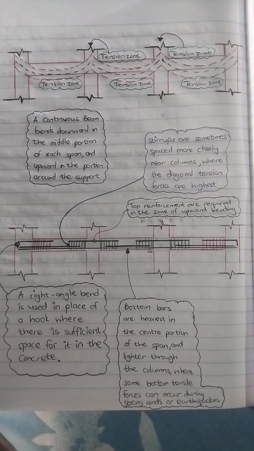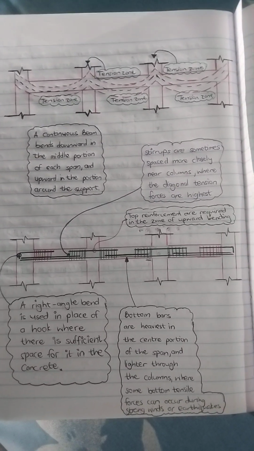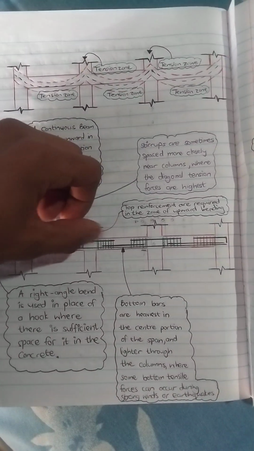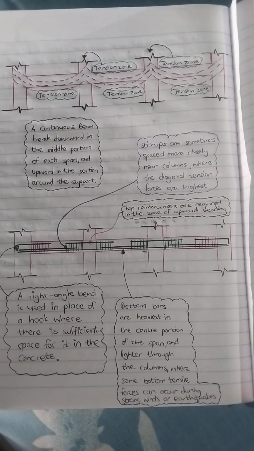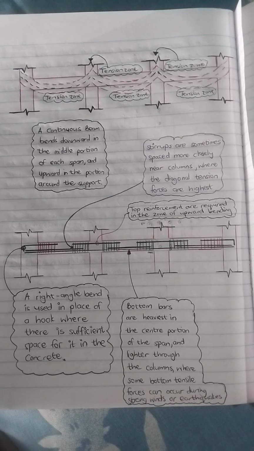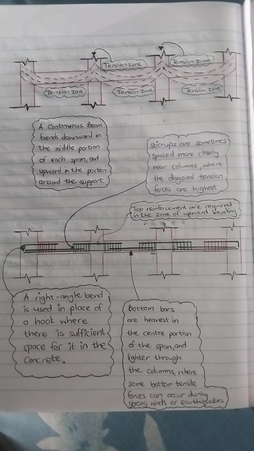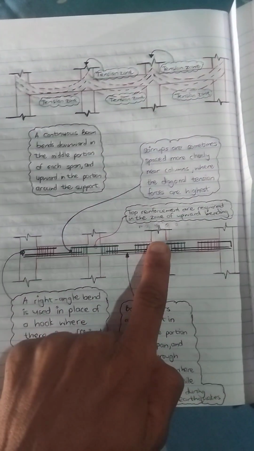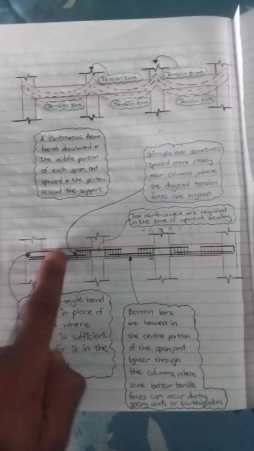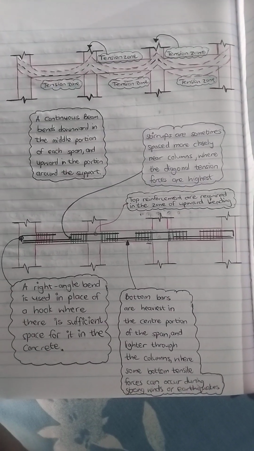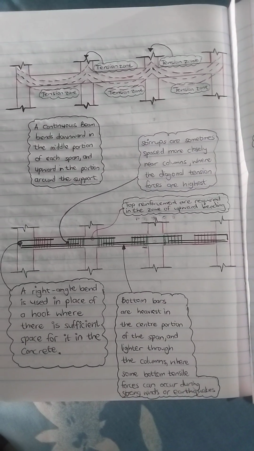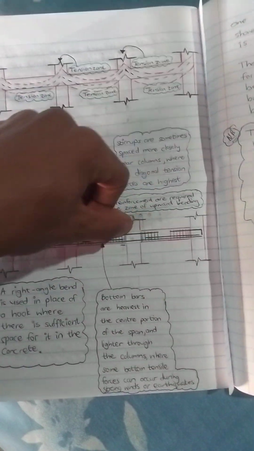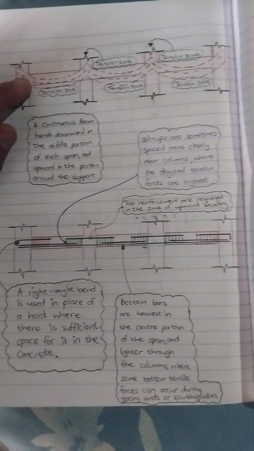So, as mentioned previously, on continuous spans, when you design for tension at the top, this is just a short elaboration showing you a way to actually design for tension bars in your top area of your beam. And usually it's where you have columns, because as you can see in my